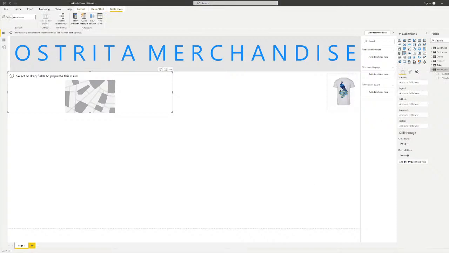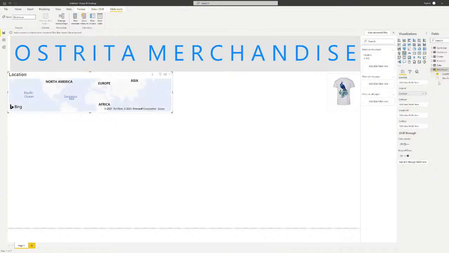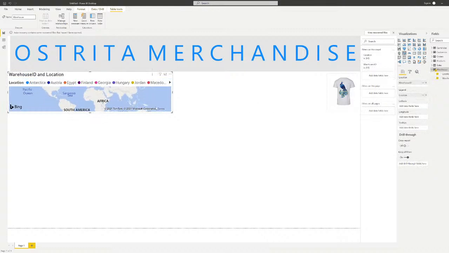So what you do then, you have the map visualization, right? And there you need to put in some information. The information that we're going to use first is just all our different warehouses. We remember from the sheet that we got the warehouse one, right? Got location and ID. And actually it's not that difficult in Power BI. You can just tick the boxes and we should be good to go. We might have to move some things around because right now location is shown as warehouse ID and legend is location. And that should actually be